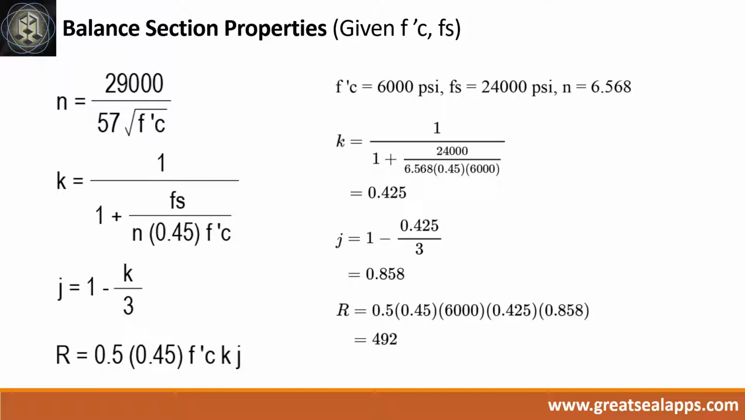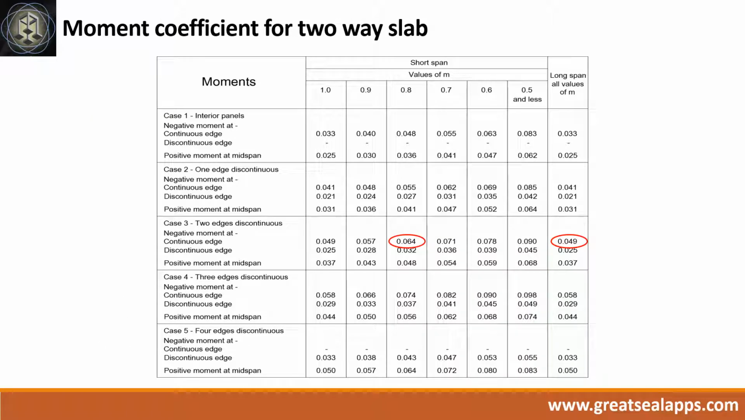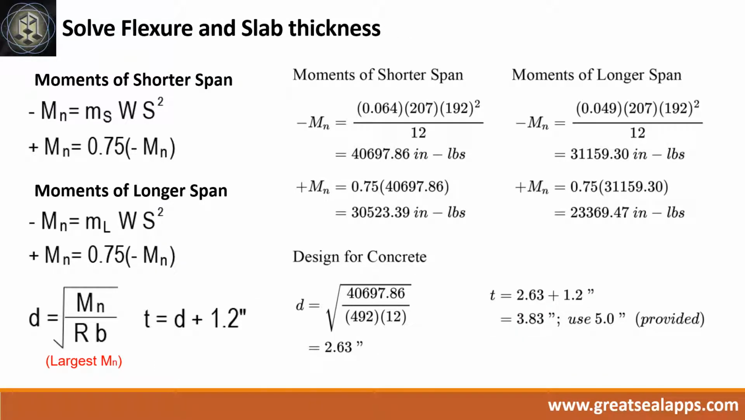Given Fc prime equals 6000 psi, Fs equals 24,000 psi, the balance section properties are as follows. N equals 6.568, K equals 0.425, J equals 0.858, R equals 492. The ratio M equals 0.8, moment coefficient at short span is 0.064 and 0.049 at long span. Given W equals 207 pounds per foot, S equals 16 feet, moment coefficient at short span is 0.064 and moment